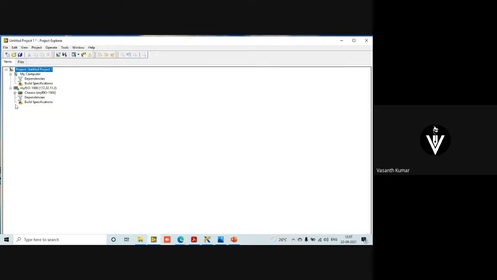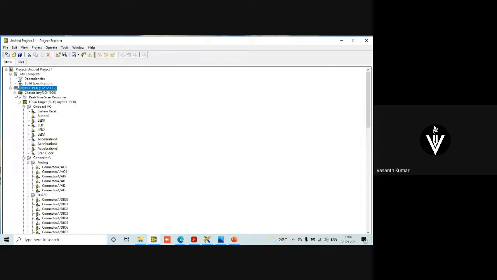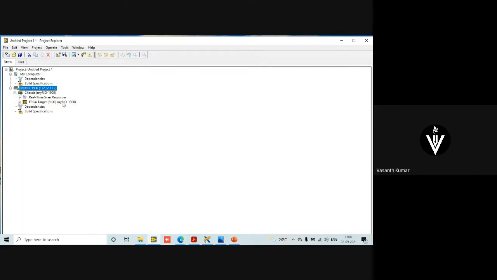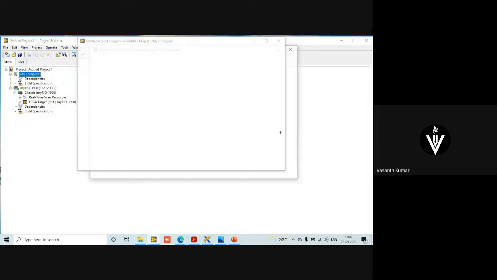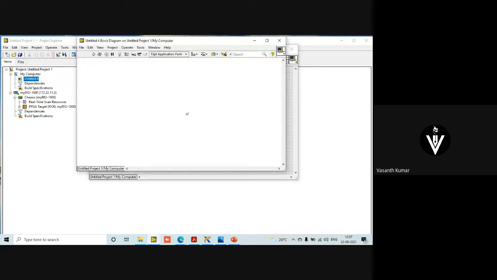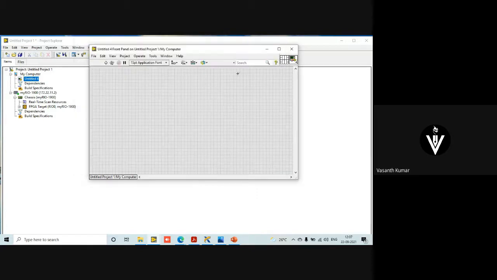All right, fine. You can see that now, next to your computer, you can also see your MyRio processor being detected. Not only the MyRio processor, you can also see there is an FPGA. So you can write a program in three different ways. Now, if I right click on my computer, new VI, a VI will be created, and any logic I write on this VI will be controlled by the processor of my computer. It clearly says that anything you do on this VI will be controlled by my computer's processor. It can be Intel i5, i3, whatever computer you use.